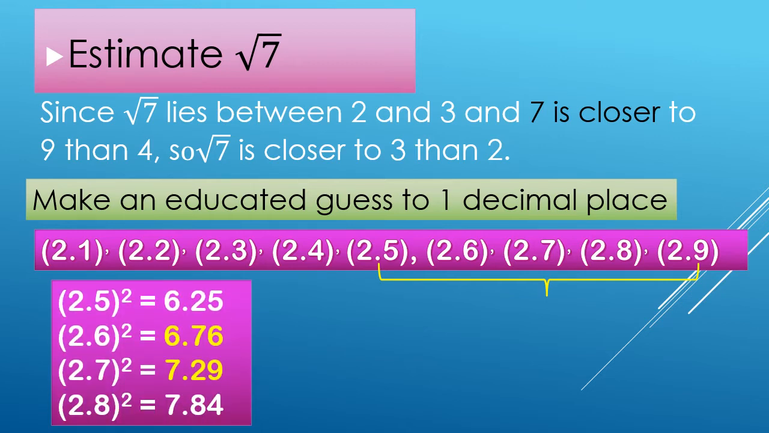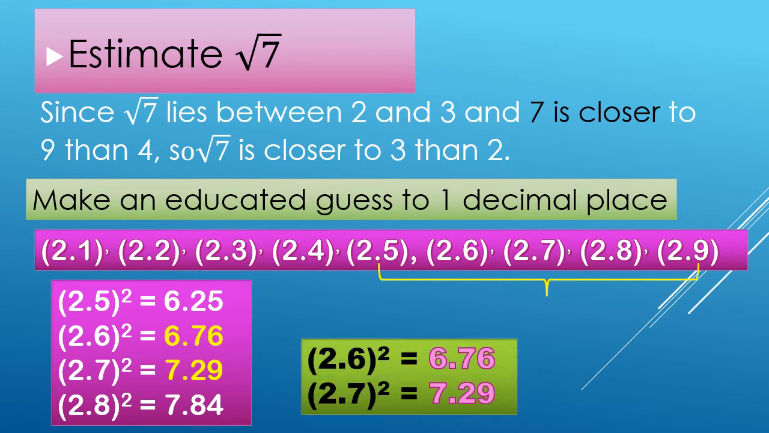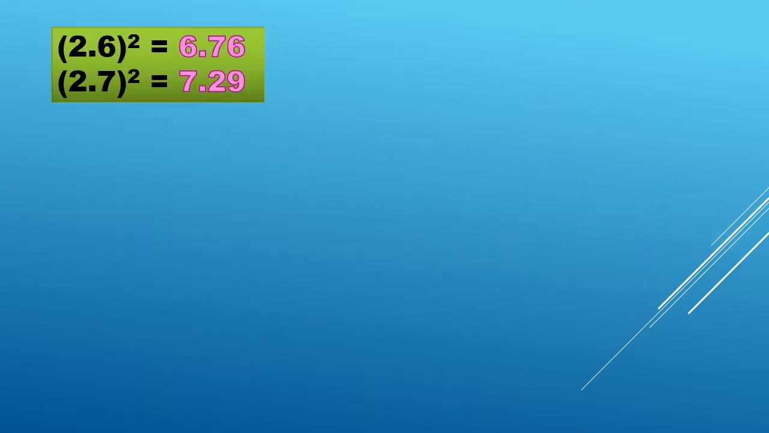If we square 2.5 to 2.8, 2.5 squared is 6.25, 2.6 squared is 6.76, 2.7 squared is 7.29, and 2.8 squared is 7.84. You notice that 7 is between 2.6 and 2.7, because 2.6 squared is 6.76 and 2.7 squared is 7.29. Since the square root of 7 is between 2.6 and 2.7 and it is only one decimal place, let's